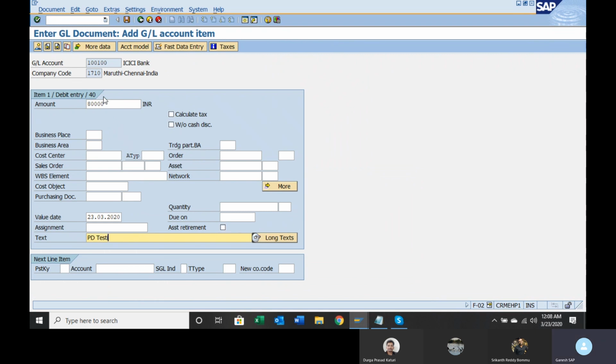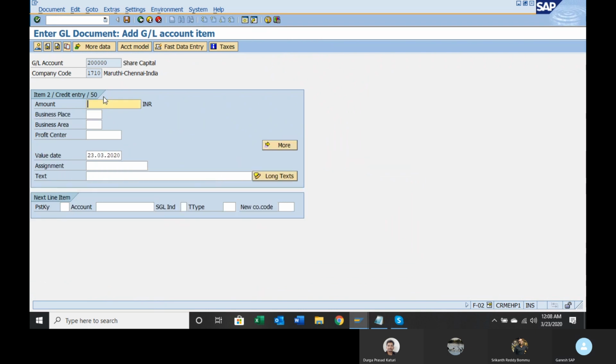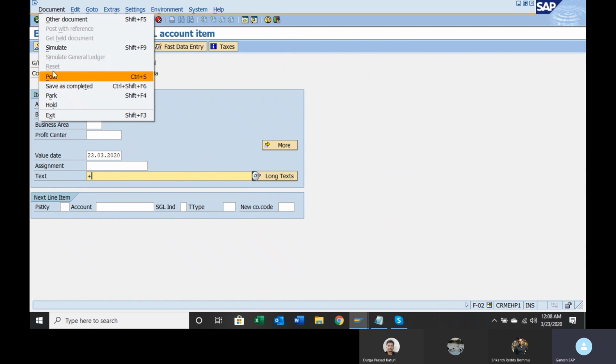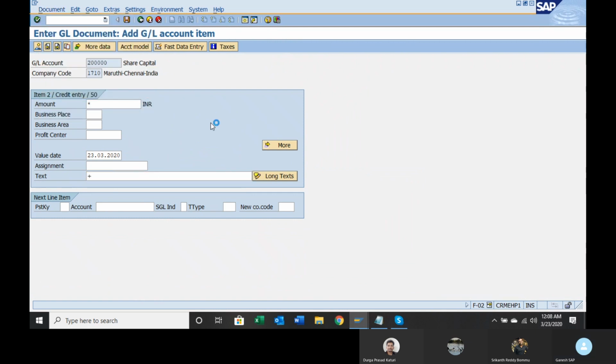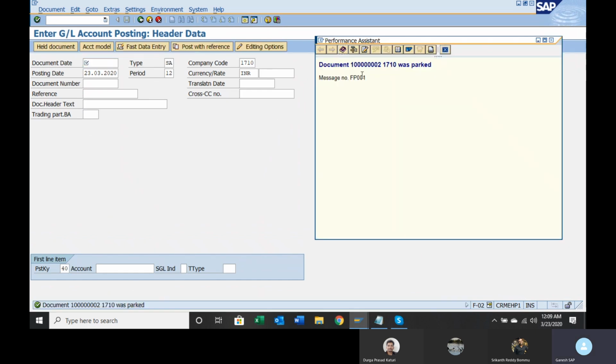Park document testing. 50. Share capital account 2 lakh. So give this information. Don't post it. Go to document. Click on Park document. So the document is parked. Okay. Copy this.